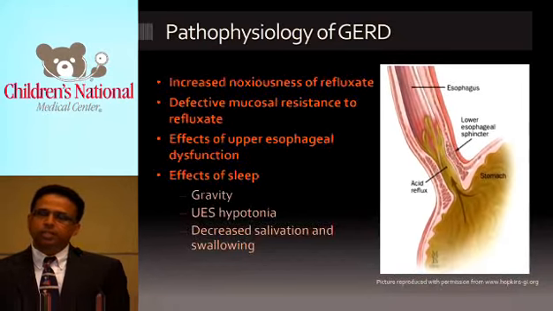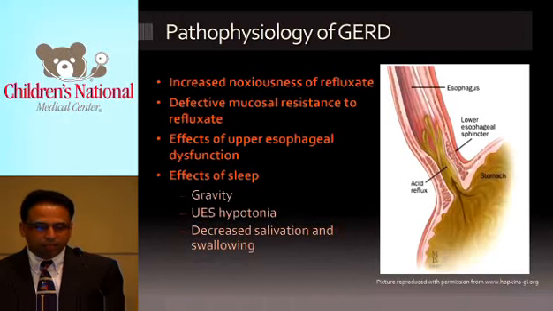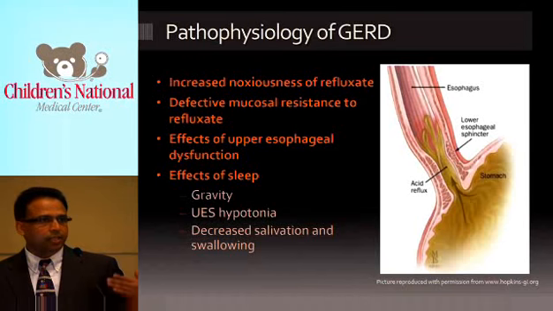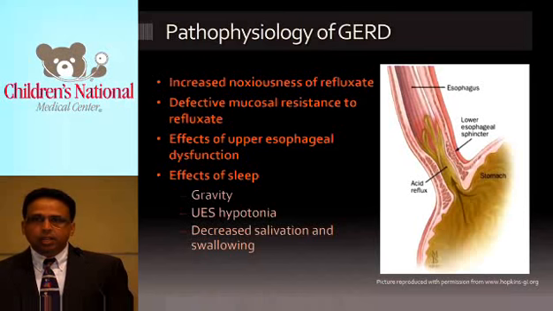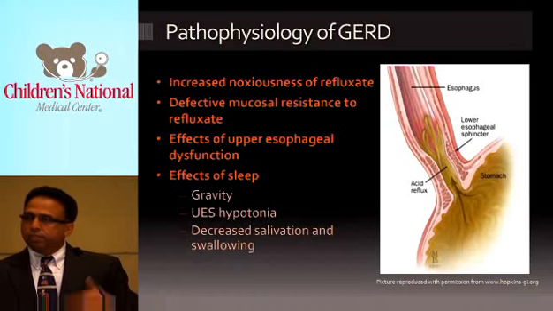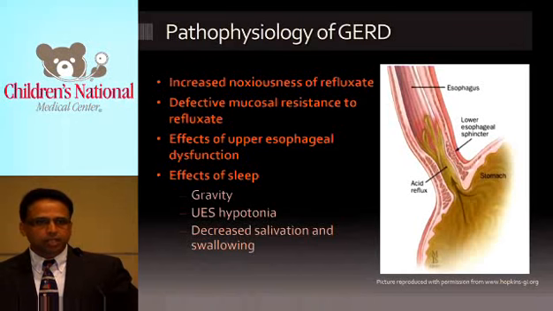And then there are other reasons where reflux can become a reflux disease or reflux problem, because the refluxate might be very noxious, so there could be very strong acid reflux. By the same token, it could be very strong bile reflux, and we often tend to ignore that. There could be poor mucosal resistance, so if a newborn infant has developed esophagitis, then a physiologic range of reflux will be very noxious for that newborn infant.